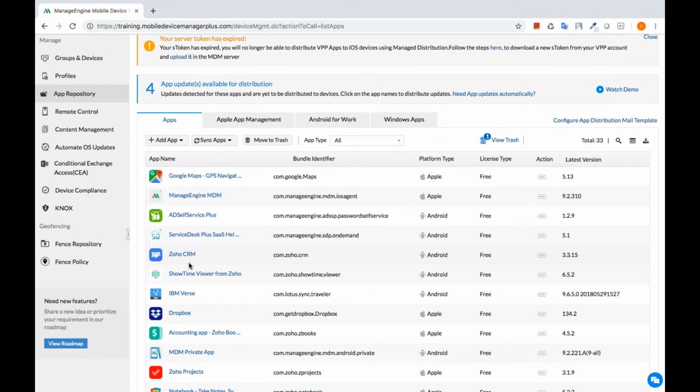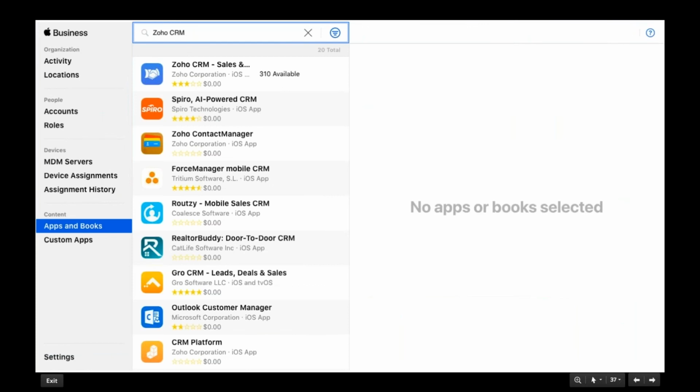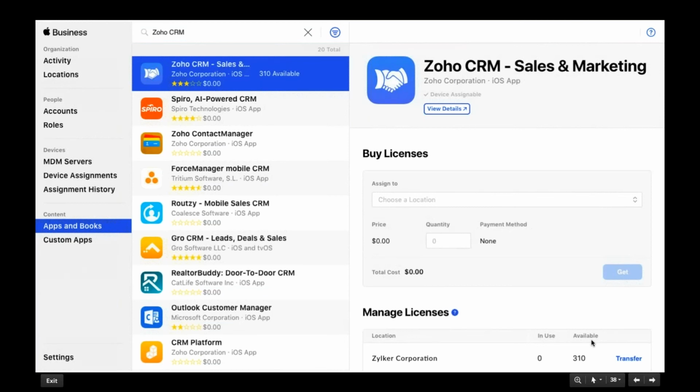Now I'll show you how to purchase an app on Apple Business Manager. So I'll go back to Apple Business Manager. You select the option Apps and Books that is present on the left pane and search for an app. In this case, let it be Zoho CRM, and then select the app. As you can see, I've already got 310 licenses. So in case I need to purchase more, I'll just provide the quantity here and choose the location, which here